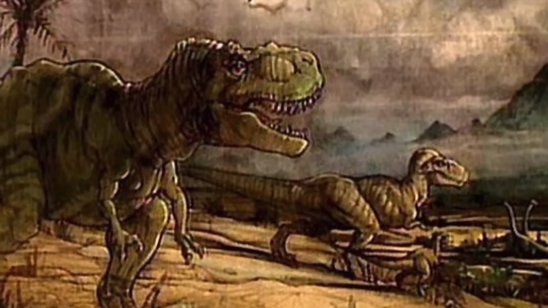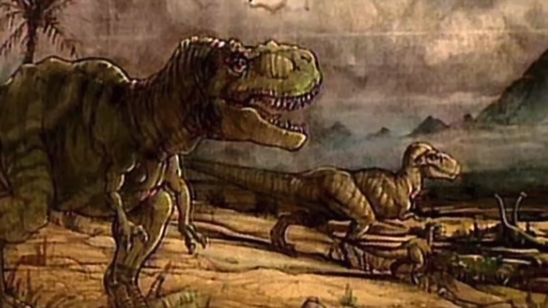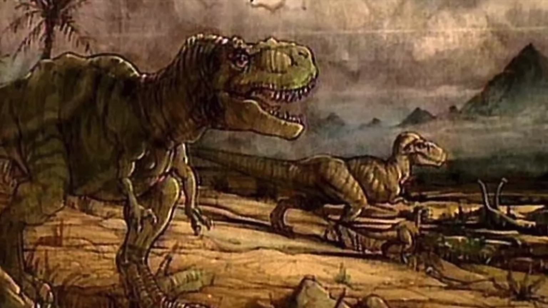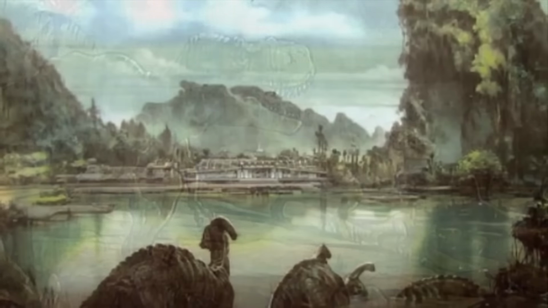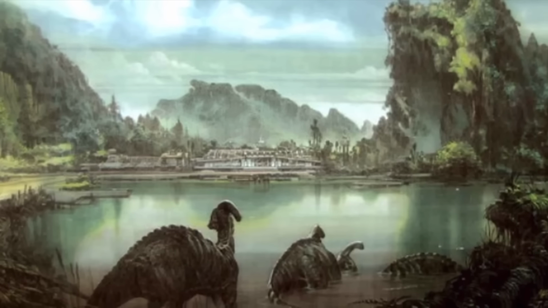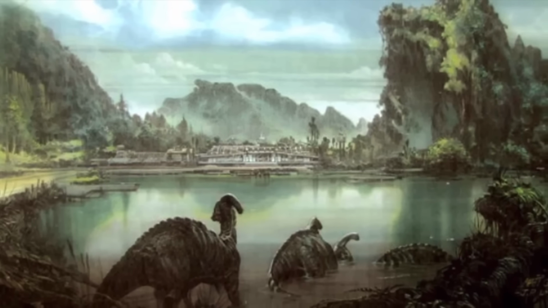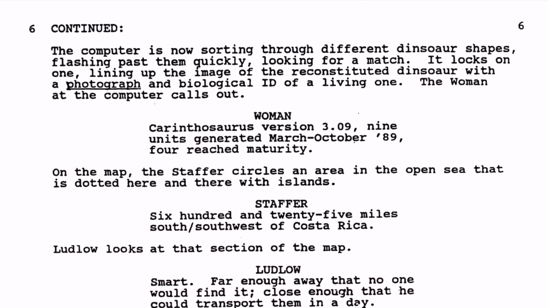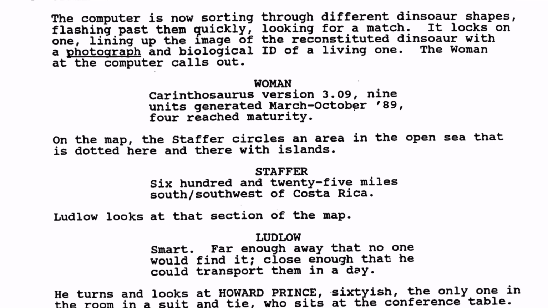It's a big surprise, and I had talked about this with Jack actually for a while about how I had heard rumors of Peter Ludlow looking for Site B because it was a secret, and I always thought that was kind of silly. I was like, how do you keep an island a secret? But when you read the script, it makes a lot of sense, and everyone at InGen is surprised.